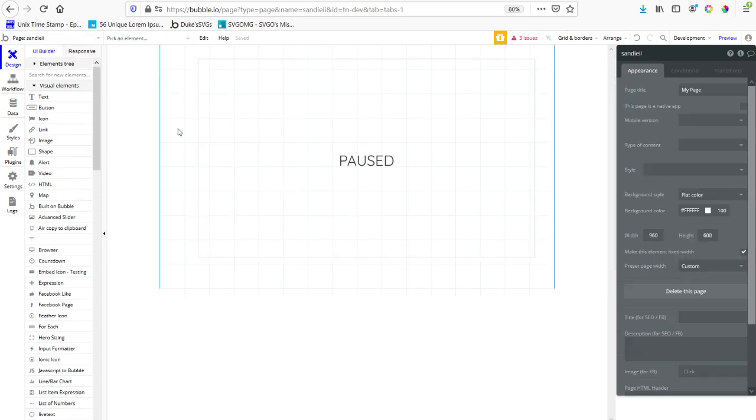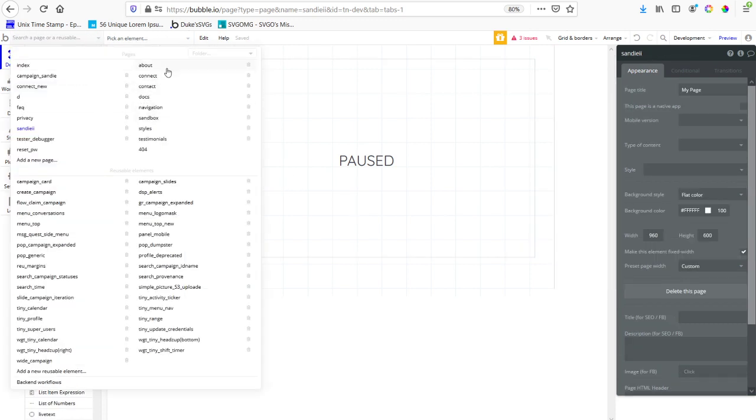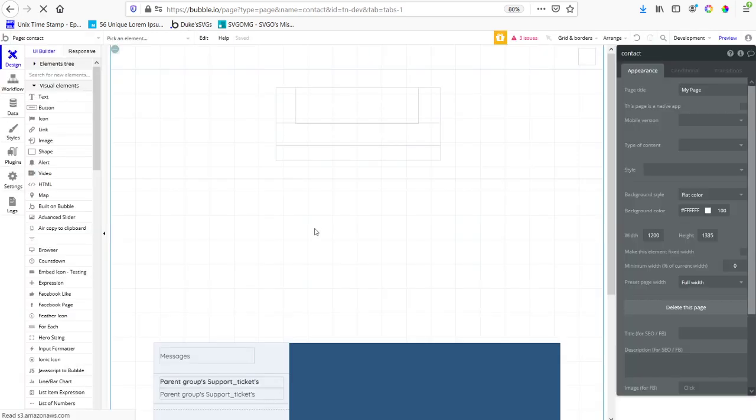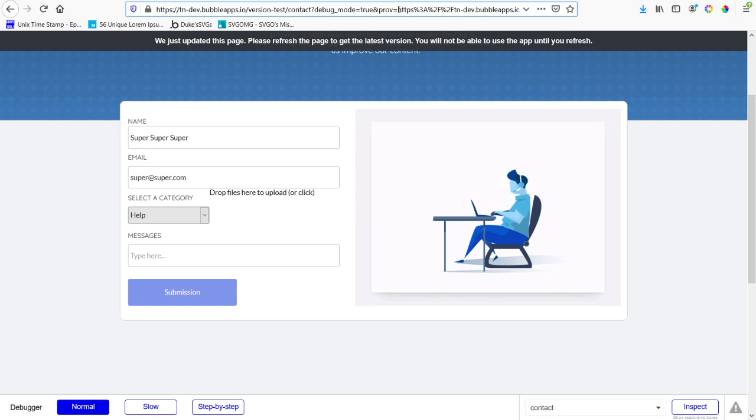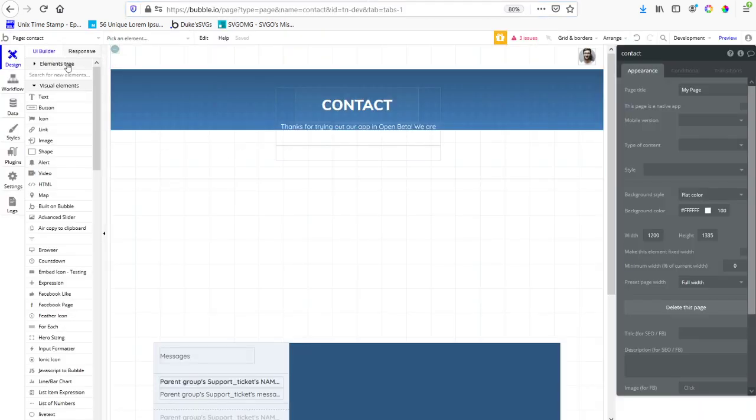So we had said when we were coming from Sandy 2 into contact that we were going to load the actual URL from here, right? So this is the URL that we have, and it has a path query parameter, let's get the vocabulary right, called provenance, and that loads a URL. So I just want to store that for myself so I can see where the user was when they submitted the bug report, right? So what we're going to do is some masking on page load,